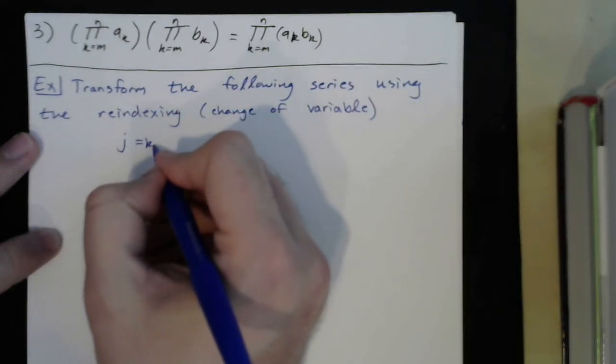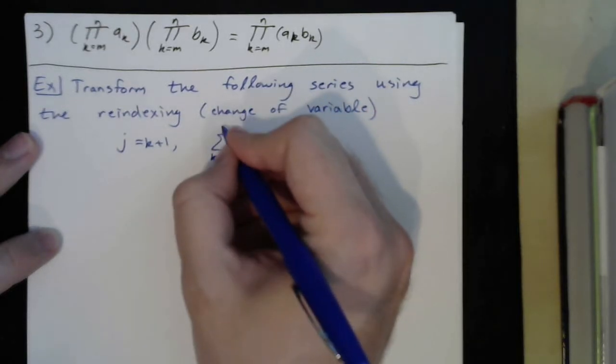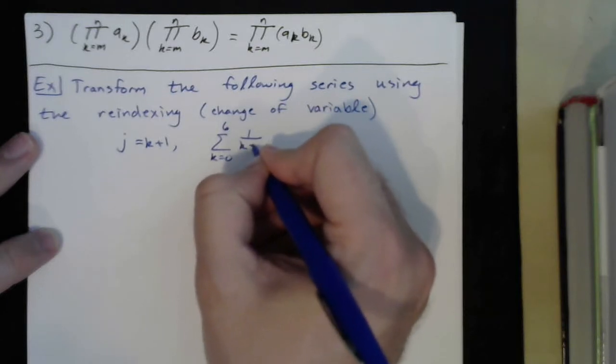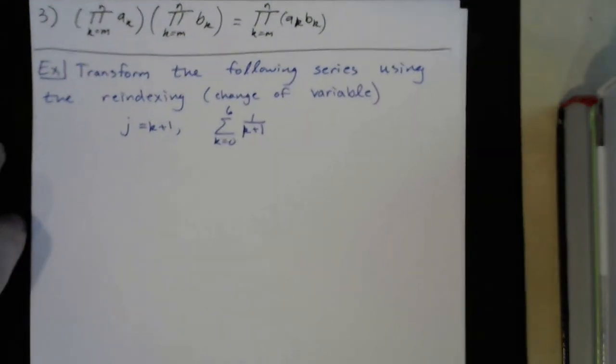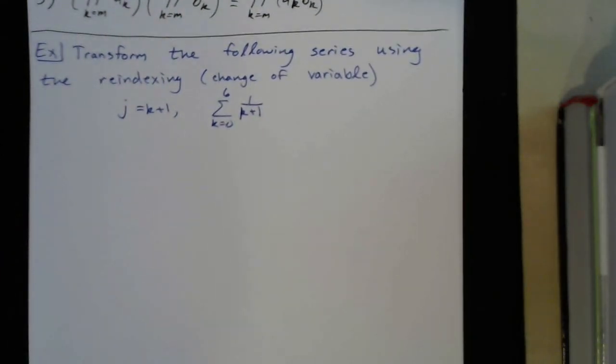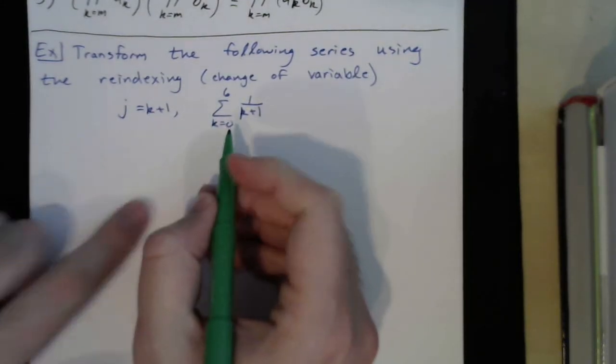J equals k plus 1, and our series is the sum from k equals 0 to 6 of 1 over k plus 1. So if you have taken differential equations with myself or with someone else, you'll know that this is a huge part of solving differential equations, working with series and reindexing. If you haven't taken differential equations yet or are taking it, you will soon learn that this is a really big deal. So we need to reindex, and so you want to think about when k is 0,